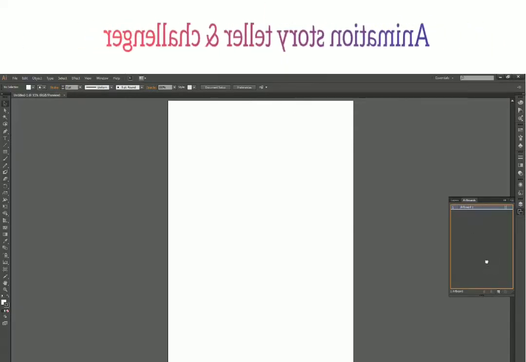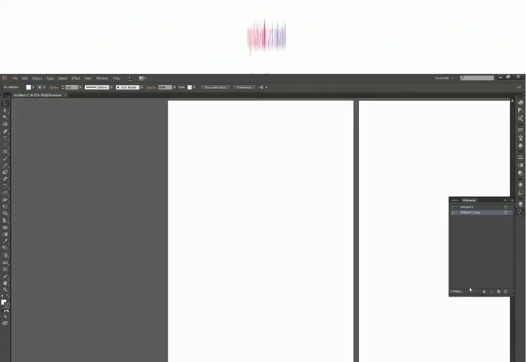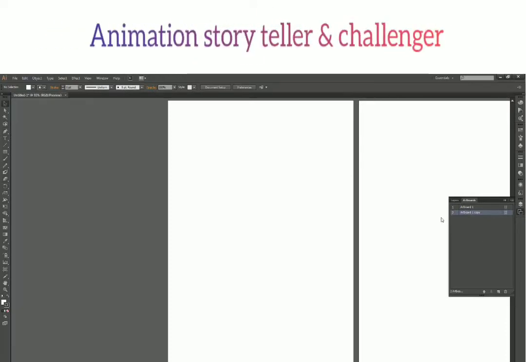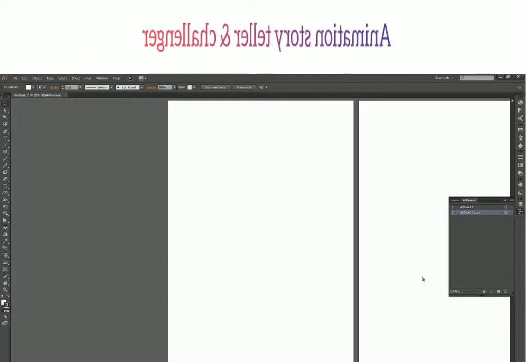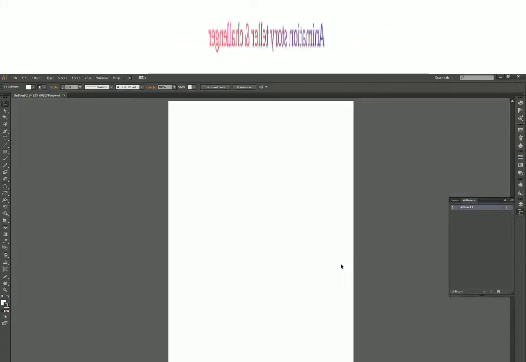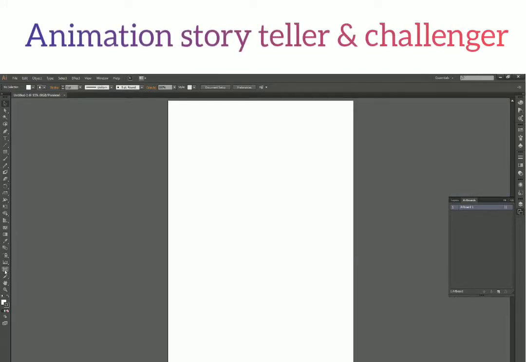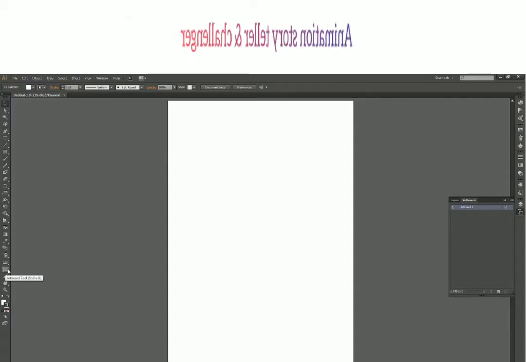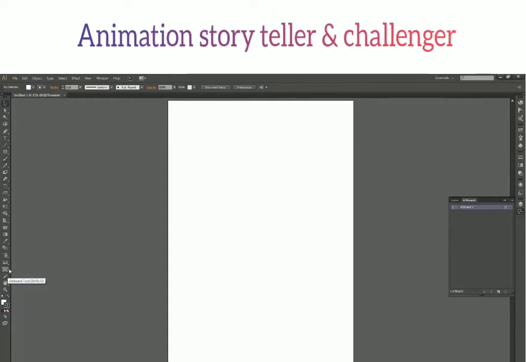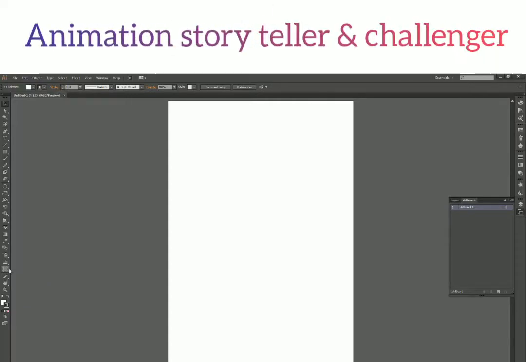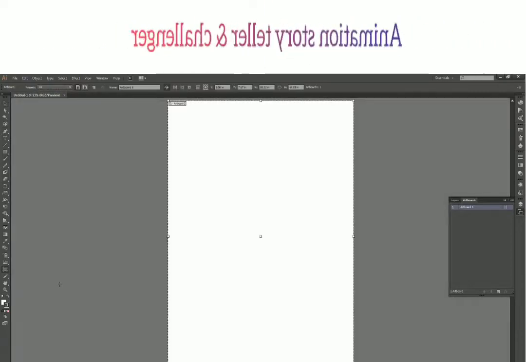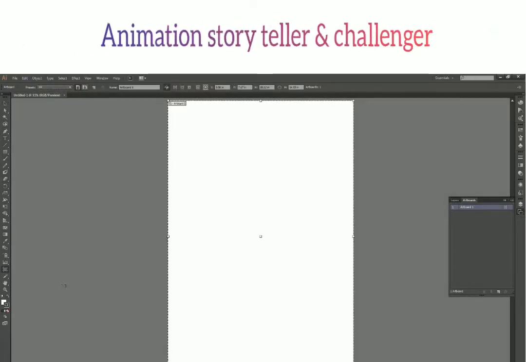Like we can drag and drop objects in here, create a duplicate artboard. All this we learned, all this we covered in day 4 actually. So I'm not going to repeat the same thing again and again. Today we will learn about the artboard tool. Let us select the artboard tool first. You can either click on this icon in your toolbar, or you can press Shift 0 on your keyboard to select the artboard tool. So there I go, I have my artboard tool selected.